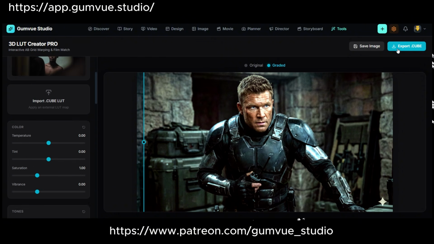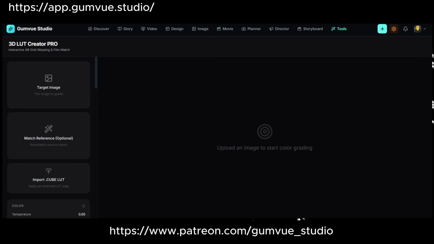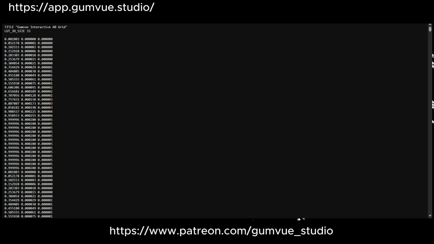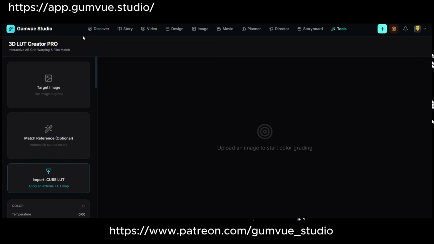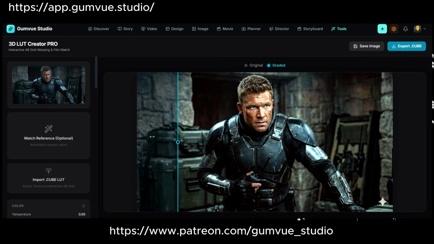This also allows you to export a LUT, like I did. Let's say I'll refresh this page. And then let's see if this works. I will get my LUT. So this one I just download. And then I will upload my image again, the one I just uploaded. Okay, this one. And let's see, and as you can see, now you can upload any image and it will change the color grading to a similar one.